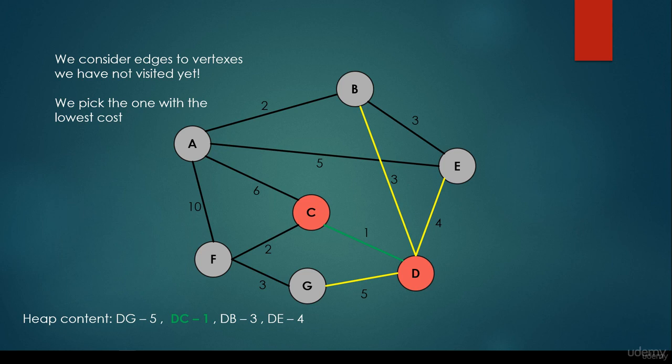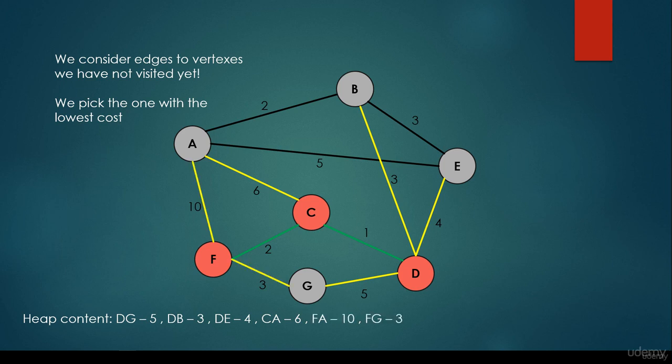So we visit all the neighbors of C and keep pushing the edges to the heap. So we have the DG, DB, DE, CA, and CF edges, and we have to select the one with the smallest edge weight possible. It is 2, so we set the vertex F to be visited.